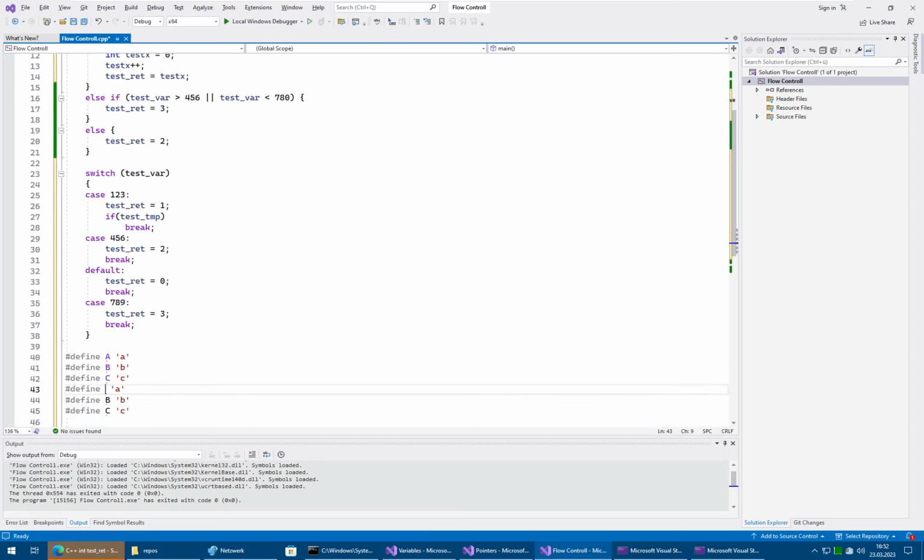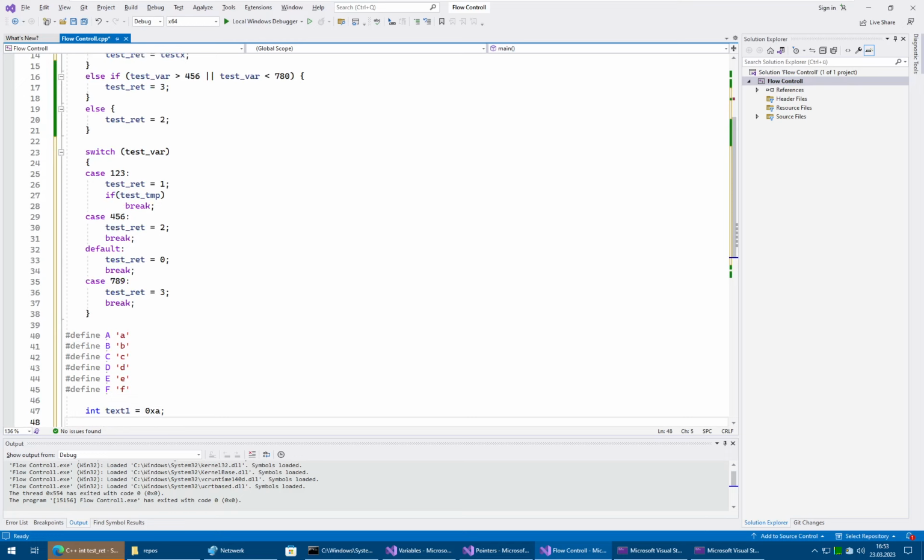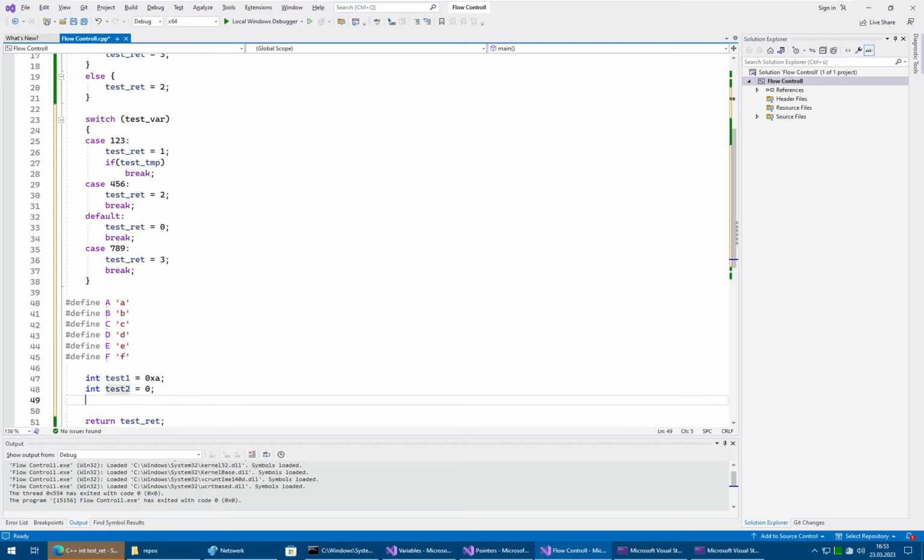But D, E, F. For the sake of example, let's go with A, B, C, D, E, F. Let's say we have our int test1 equals 0xA, and we want to have a result, so test2 equals 0, the result. And then we want to get the character value. So we make a switch